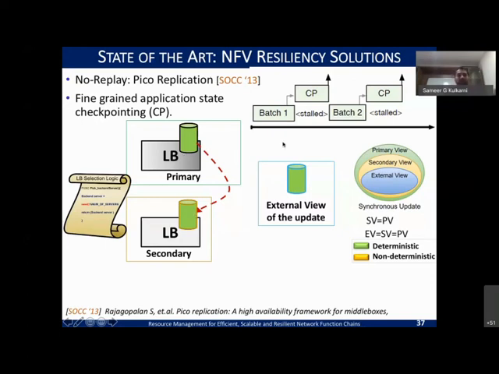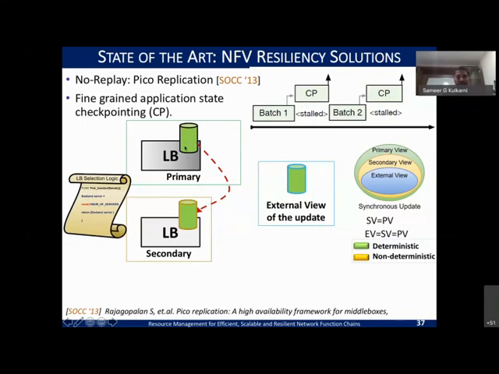So we call this a primary, and we call the other, which is a backup, a secondary. And the way the state builds, you process a batch, you make a checkpoint, and at the time you make the checkpoint, both are in sync. And then you process the next batch and you go ahead. So if we have to put this in formal terms, you have a primary view here in terms of state.